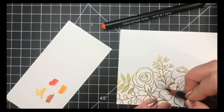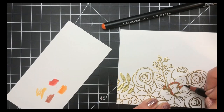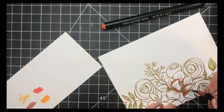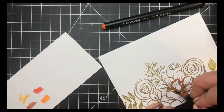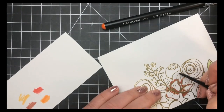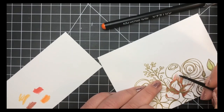Again, I'm just adding color where my darkest areas would be. So where these leaves are gathered up in the center, same as if we were coloring these with the Copics like we did yesterday, adding my darkest color with that pen, and then going in with a damp paintbrush to blend that out. Now, each time I'm cleaning off my paintbrush, I'm also dabbing this off on a paper towel